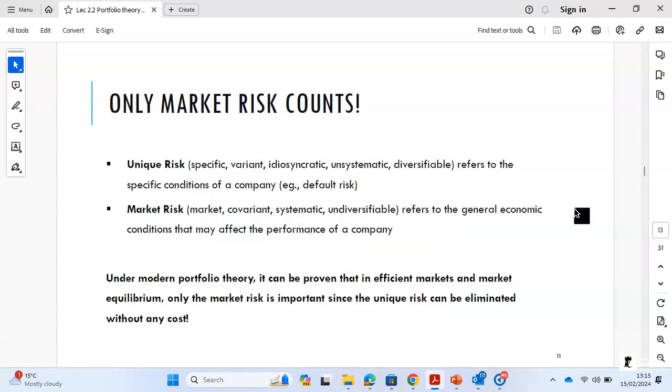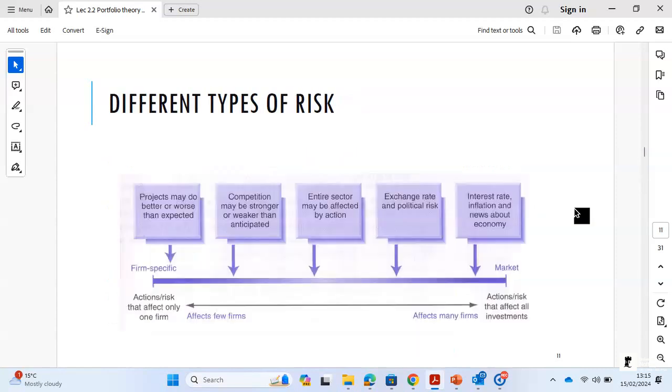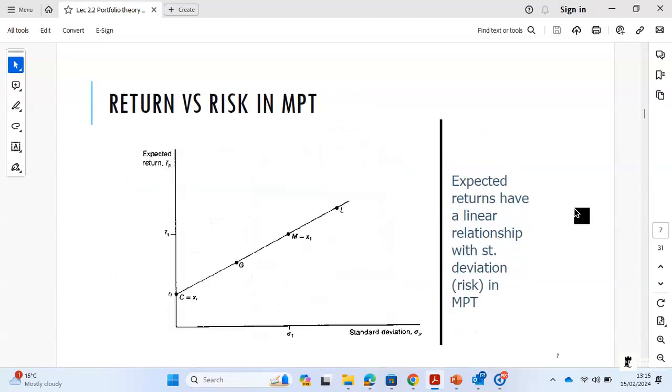So when you go and invest in the market, what should you be compensated for? Previously, I showed you this relationship between risk and return. As the risk goes up, your expected return should go up. But which risk are we talking about here? Are we talking about the addition to the risk, which is based on managerial decision to increase leverage, or is it something else?